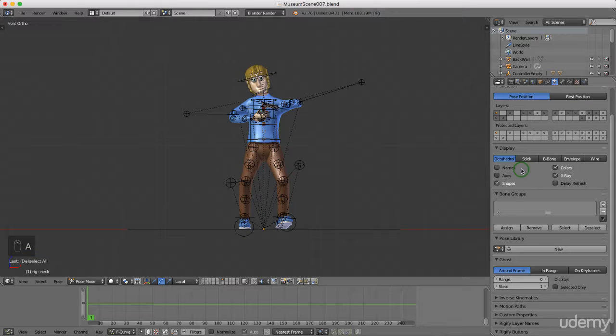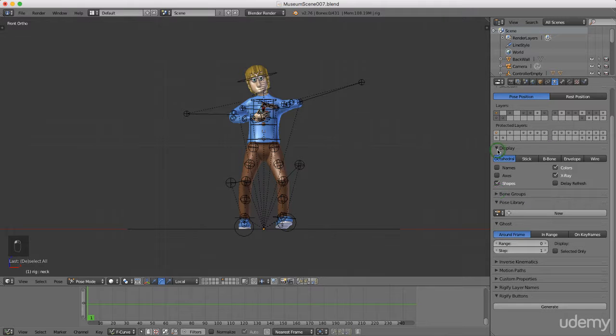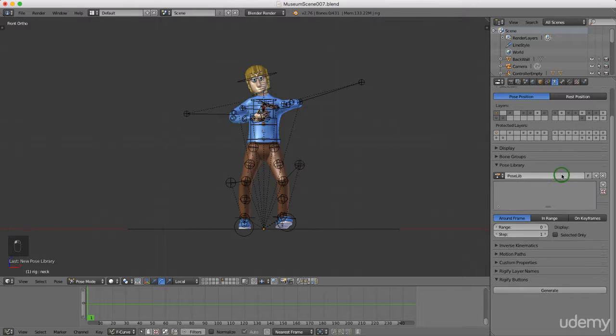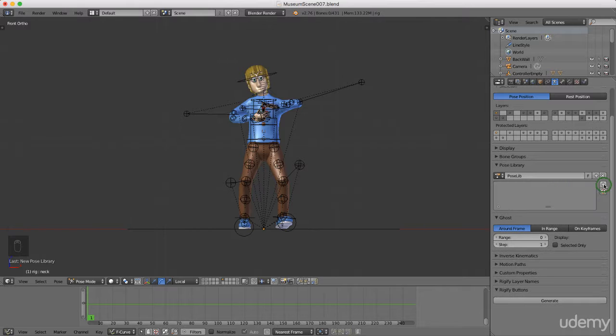I'm just going to come over here to the armature panel, and I'm going to come down here to Pose Library. Just going to drag that back and display. Okay, under Pose Library, I'm going to left select New, and I'm going to left click the plus, and this menu comes up, and I'm just going to left select add new. Okay, I'm going to double click in here, and I'm going to rename this just as start pose,